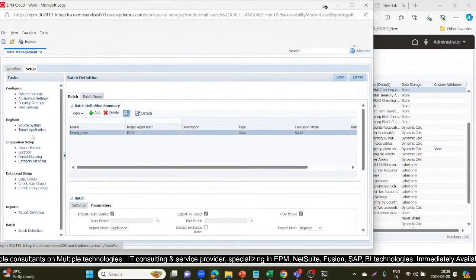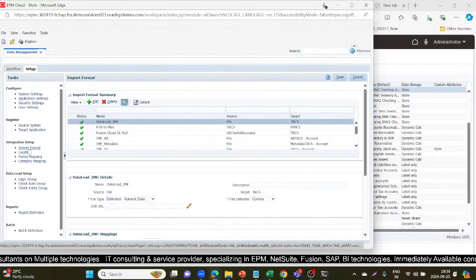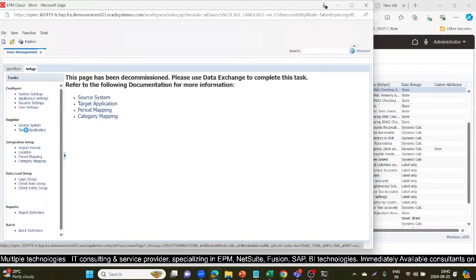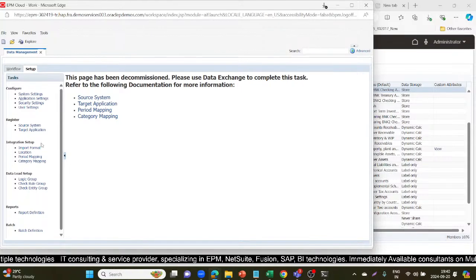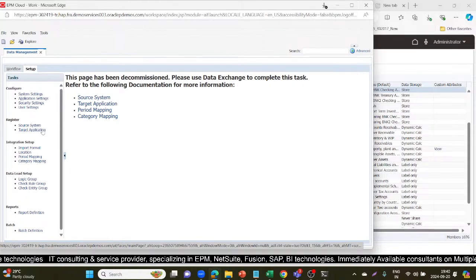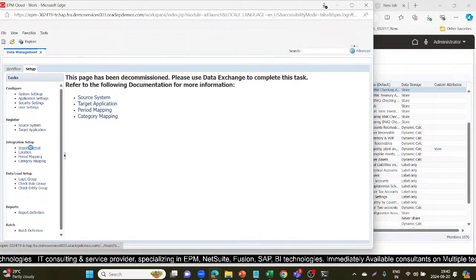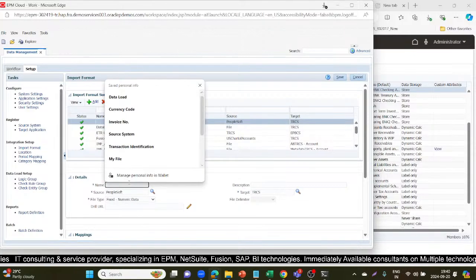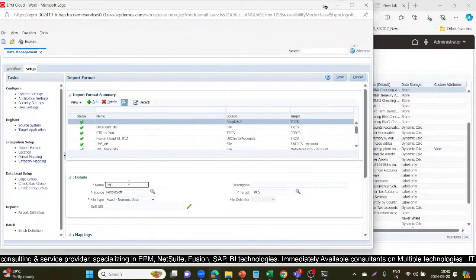Come to setup tab, and you know how to create the source and target application. So I have already created that. I'll pick the source system as file, target application will be metadata TRCS, and loading the file for accounts. Metadata TRCS account I'll pick, input format I'll be creating new one. Name it is IMF ND load. Source I'll pick